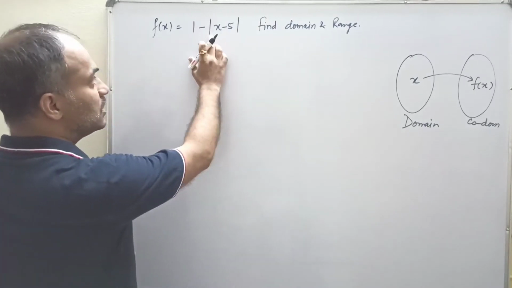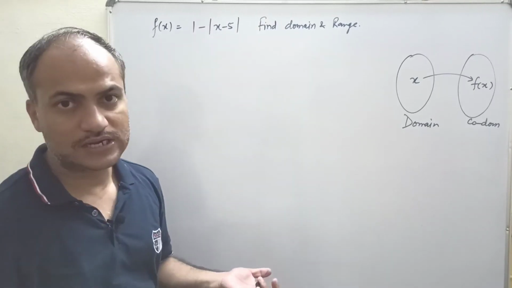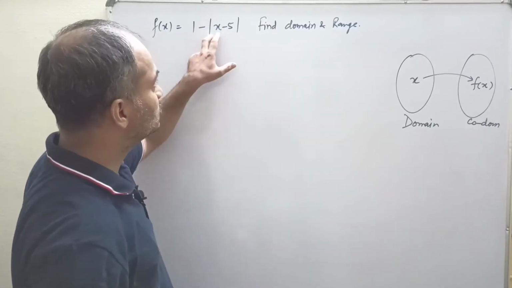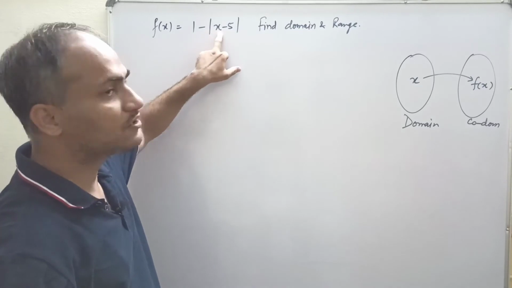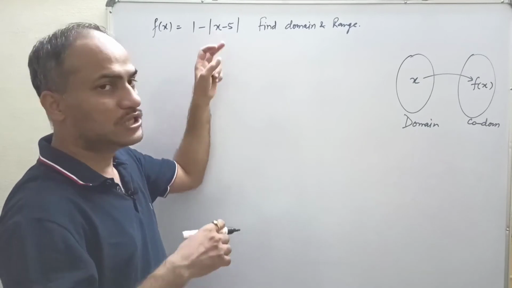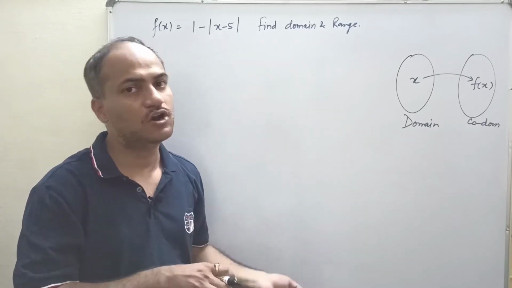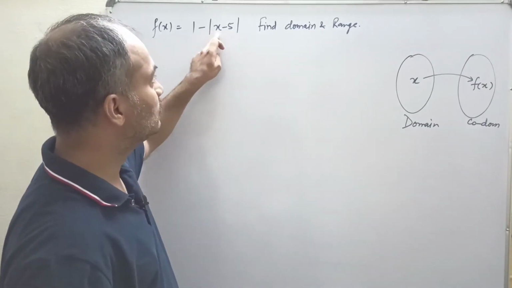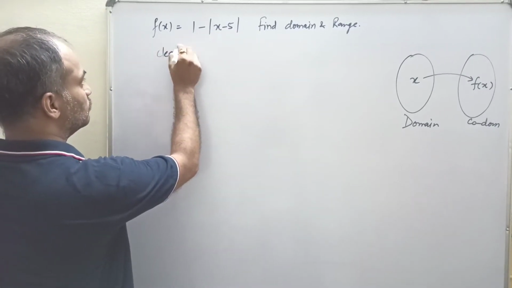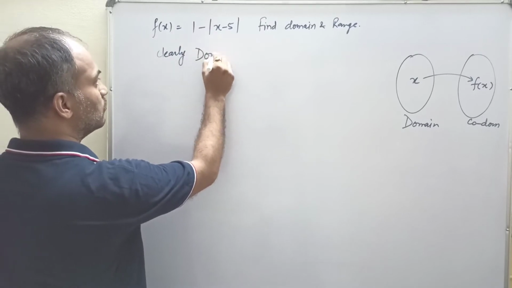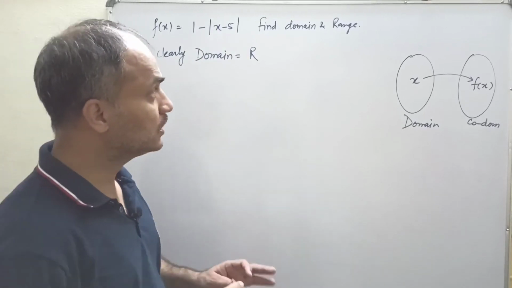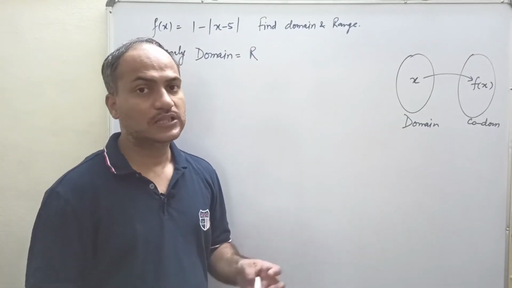Clear? We see modulus functions are defined on the entire real numbers. The graph is like this. So modulus functions are always infinite functions. Each and every real number can be put here. We know that. If we put 0, then also it is defined. If we put negative numbers or positive numbers, for each and every one we will get some value. So clearly, domain is equal to the set of real numbers. Fine. Now if we know the domain, then how to find range?